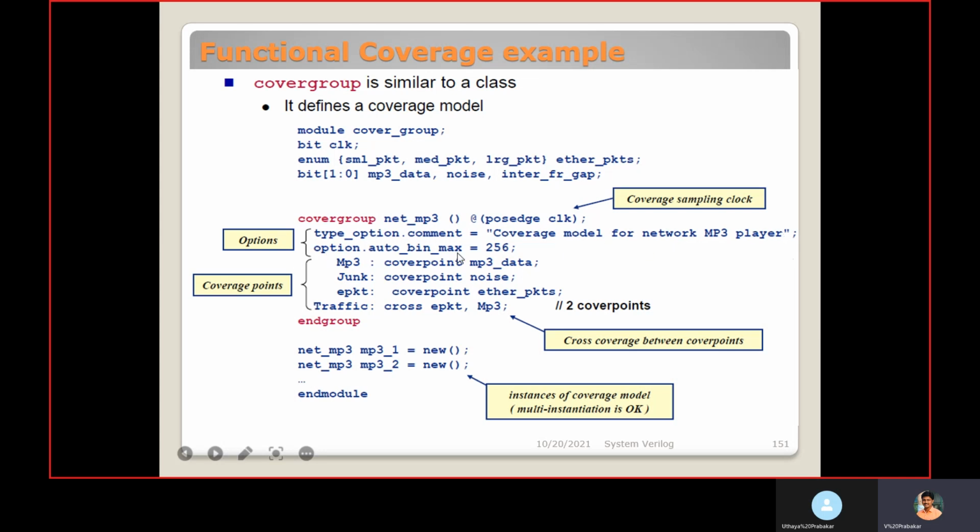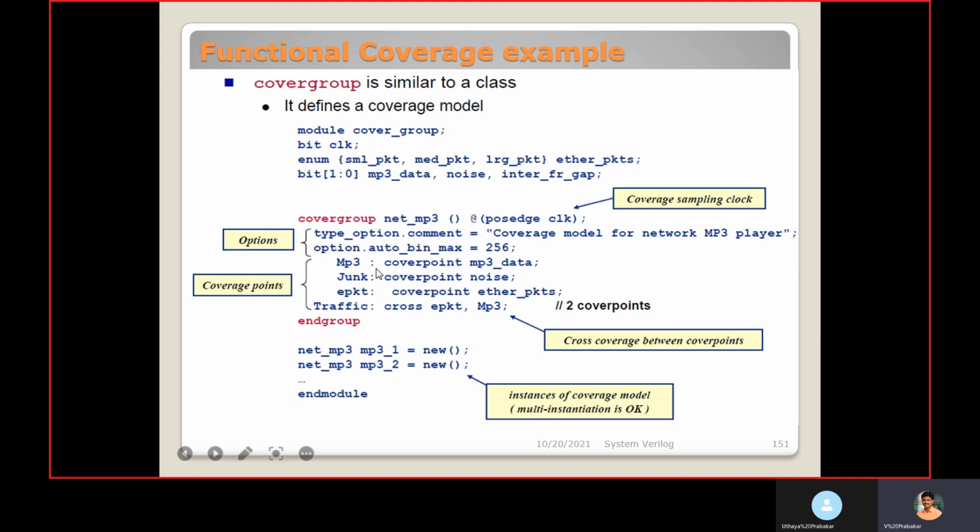An option auto_bin_max is an available option. We are mentioning 256. It means that if we didn't mention bins explicitly inside the coverpoint, it will automatically create a maximum of 256 bins.